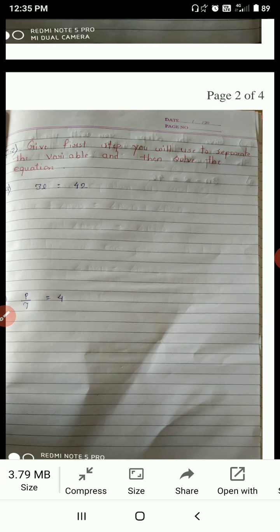So students, one thing I want to tell you: always use the opposite sign of the number which is given in a question. Suppose in a question a plus sign is given with a number, use a minus sign with the same number. If a minus sign is given with a number, use a plus sign with the same number. If multiplication is there, then use division, and if division is given there, then use multiplication. Understood? I hope you all understood and are getting my points.